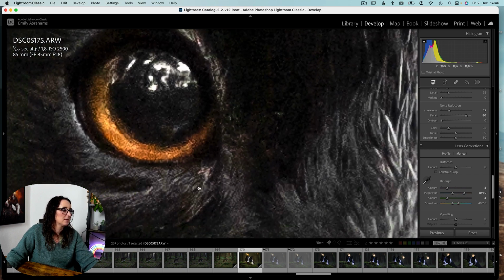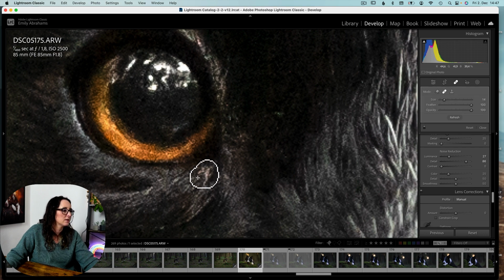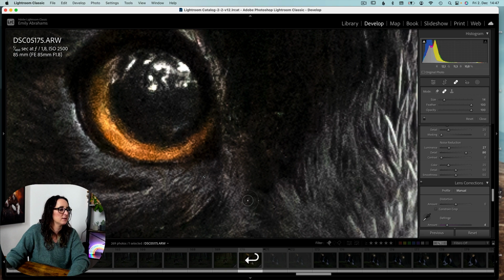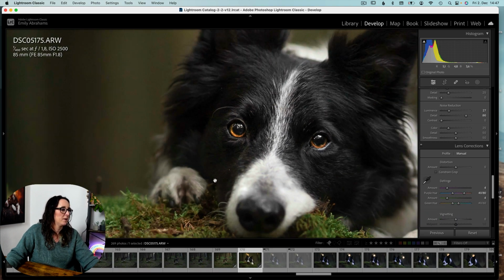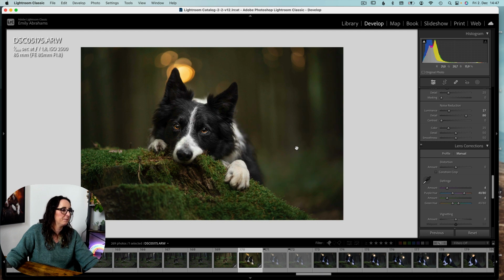If we want to remove this little eye booger here, we can come over to the healing panel, maybe grab the little band-aid, and just kind of go over this little section. It's pretty small, so you can see, I think that will be totally fine. And I could do that with all the rest of the dust as well. And I could keep kind of going like that. I could change sort of the colors in amongst this moss here, but for me, for right now, that is